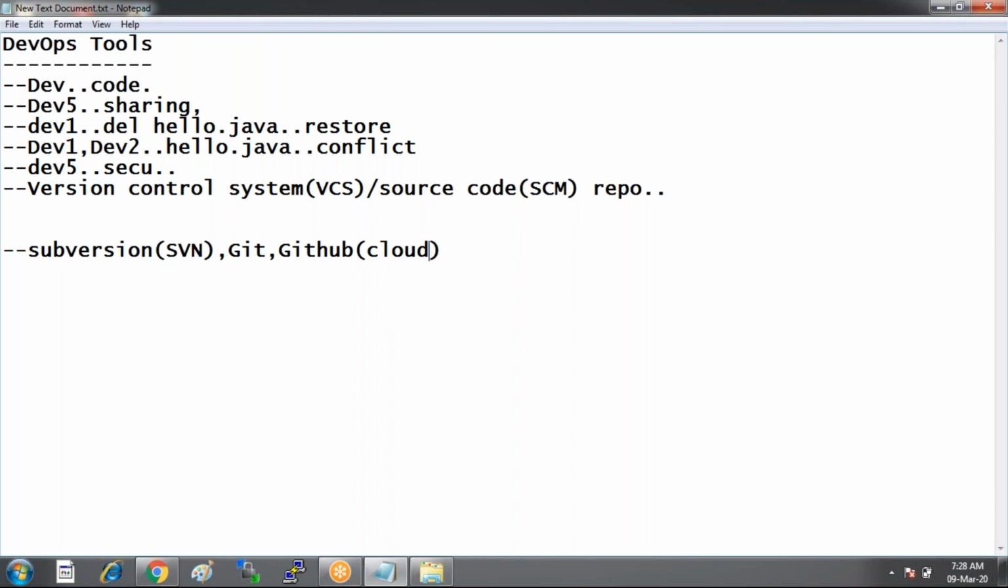To put it simply, if you go with a cloud repository like GitHub, we don't need any servers and there is no maintenance. That is why we go for a GitHub repository. I think that is clear, right? Fine. Now, anyway,